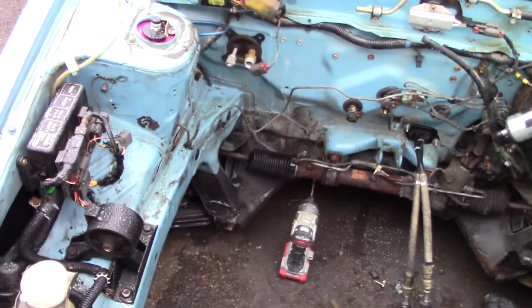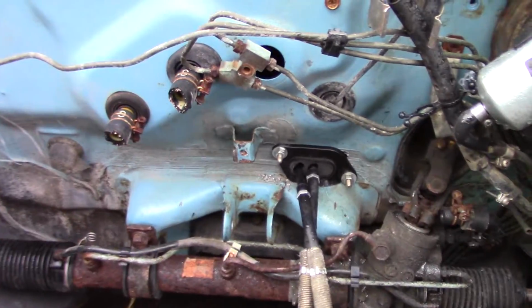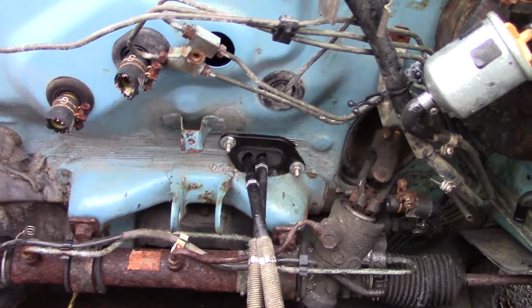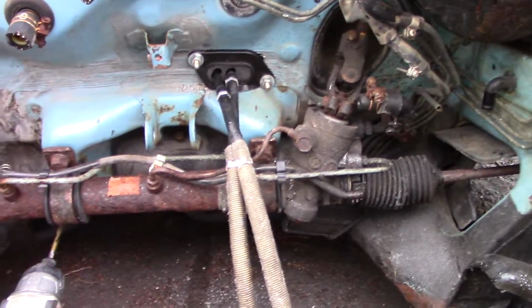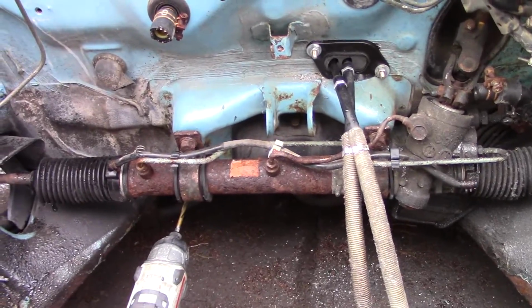And then I got the cable shifter in. You can see there I have the rubber and the steel protector from a Corolla in it. So yeah, I just basically angle grinded a big hole in the firewall. That right there was the only place that...